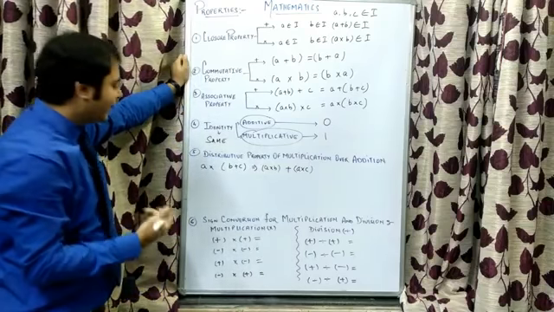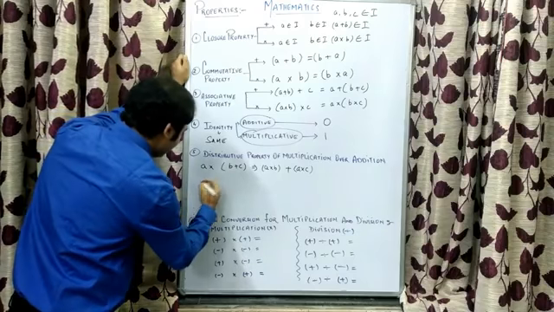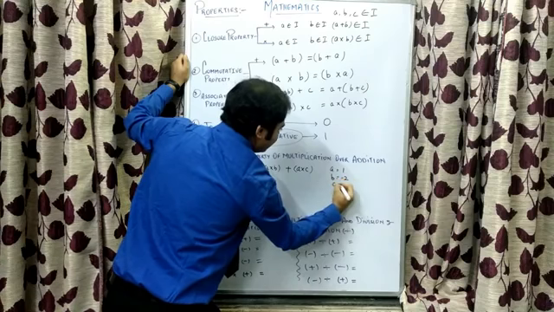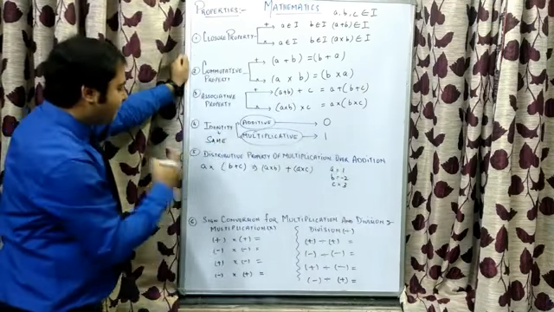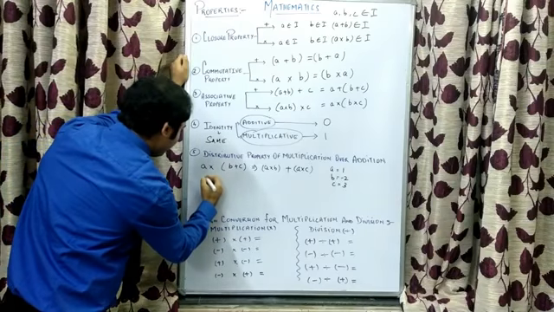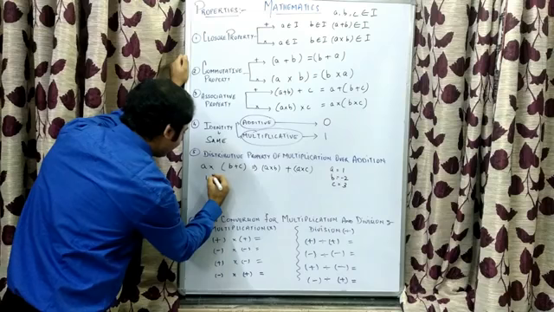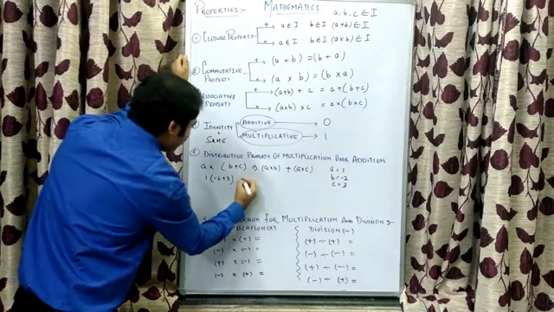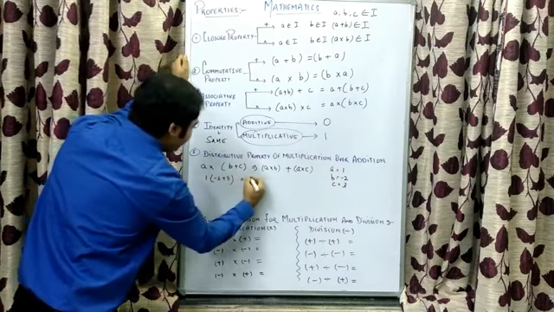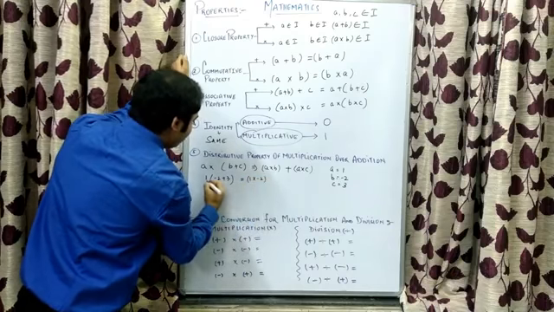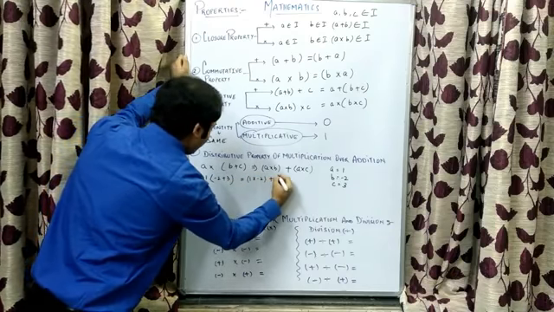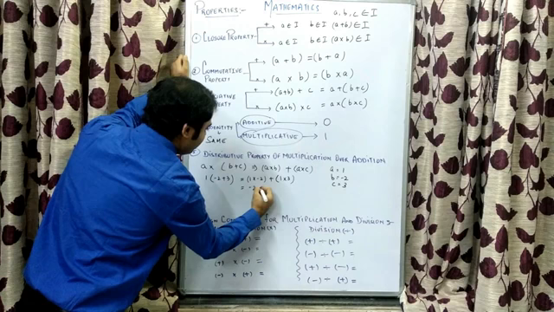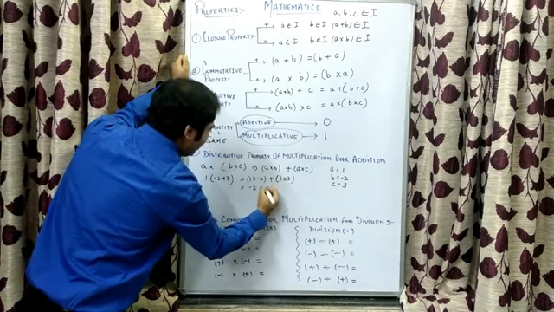We understand this law with the help of one example. Suppose value of a is 1, b is -2 and c is 3. By applying distributive law, we'll write 1 underneath a, for b we'll write minus 2, for c we'll write plus 3. The law says multiply a by b first, that is 1 into minus 2, then plus multiply 1 by 3. 1 into minus 2 is minus 2, plus 3 into 1 is 3.